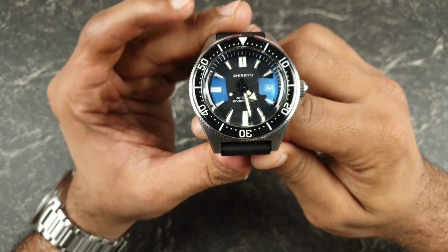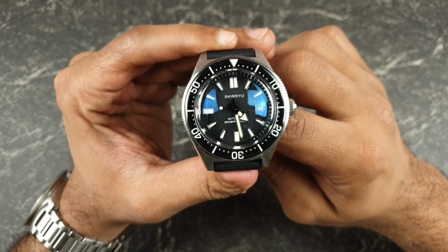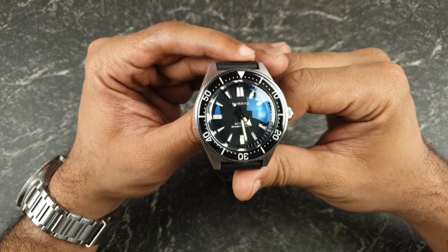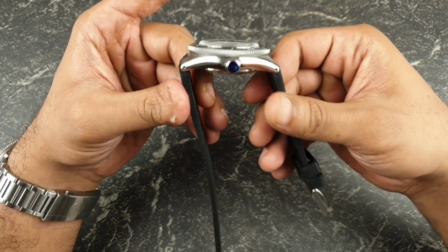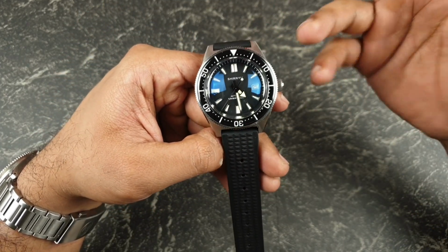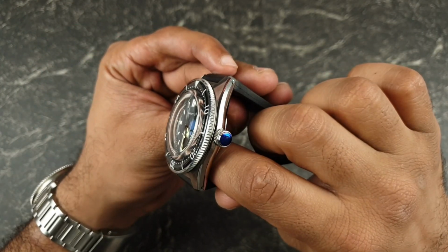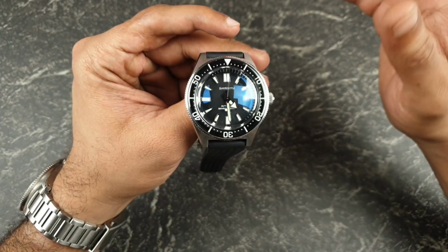This is from Heimdallr. It's homaging a Seiko SBDC051, which was Seiko's 6.2 mass recreation, which I don't think looks much like a 6.2 mass. Nonetheless, this is what we have here. And I'll tell you what, just on first impressions, they have really done well on this watch. It is a shame about the name. Like I said, I was put off from buying this watch a long time ago when it came out. But you know what? It's a very, very high quality piece. Awesome looking watch, and it looks so much like the Seiko